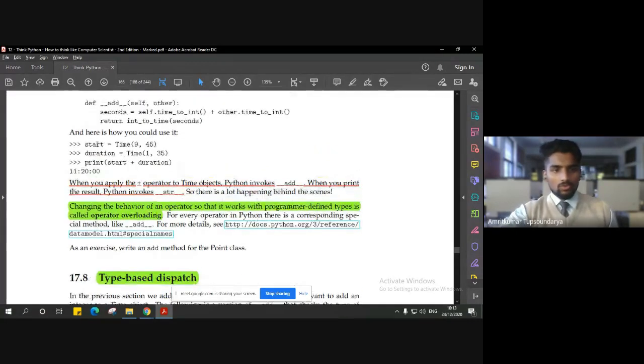In this particular example, as you can see, there are two things happening. Number one is the plus symbol, which is internally making use of the add method we just saw. The plus operator is going to make use of the add method to add these two timings, that is the start time and the duration time assigned here.